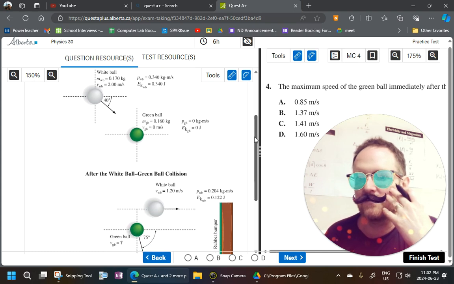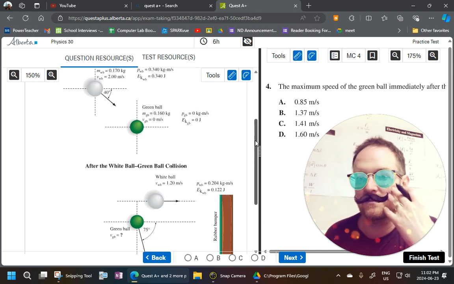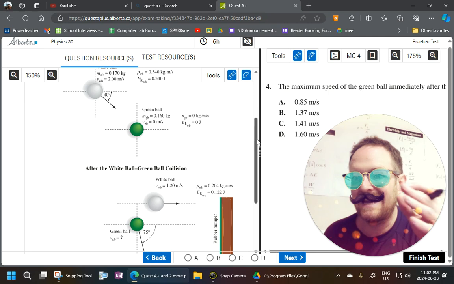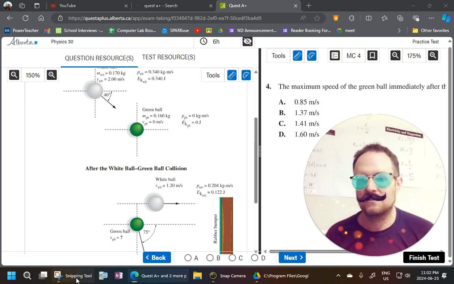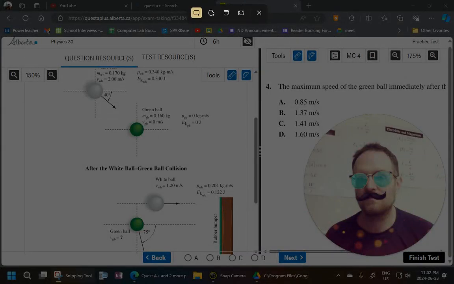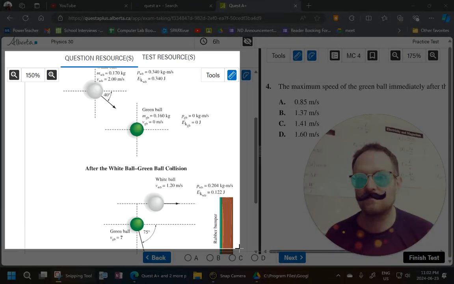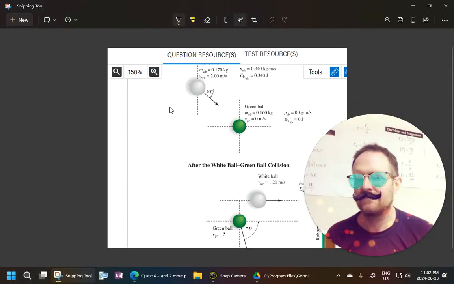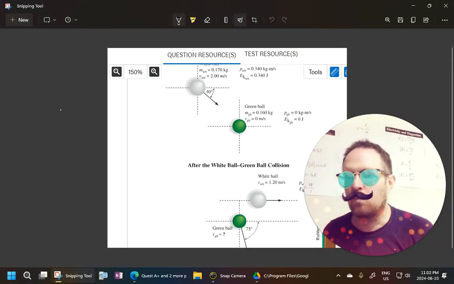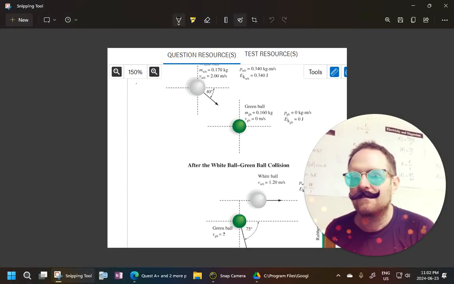So how we're going to solve this first part, what's the maximum speed of this green ball, it's all about the x and y's. So I'm just going to try to get a nice spot here where I can snip this and start writing all the x and y stuff. Give myself some space here. Yeah, let's do that. Okay, so this white ball at the top here, what I'm going to have to do,